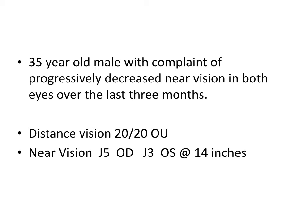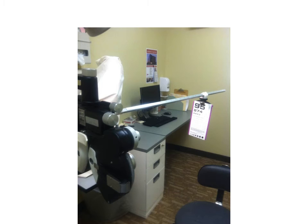So you'll want to start out working up this patient doing a manifest refraction. In this case, assume that the manifest refraction is plano, and then you'll need to address the near vision problem by measuring the accommodation. There are several ways to measure accommodation in patients. One would be to have them focus at distance vision with their manifest refraction in place, and add minus power until they are blurred at distance, and that amount of power would equal their ability to accommodate. It's not a very real life situation, so a better approach would be to use the